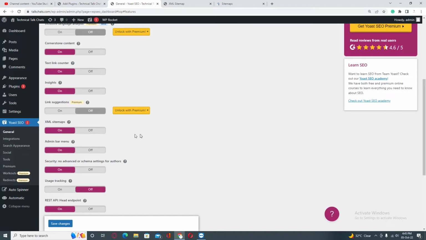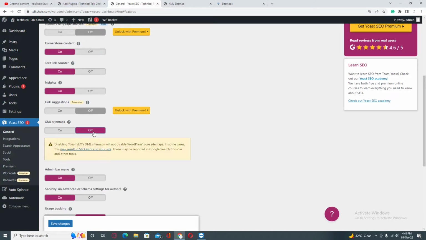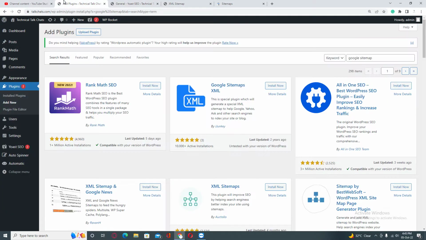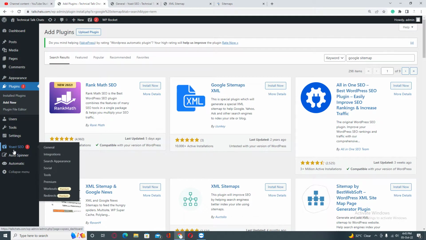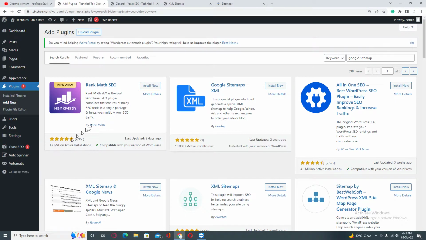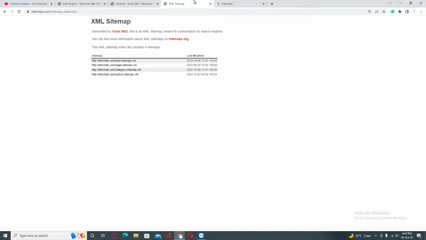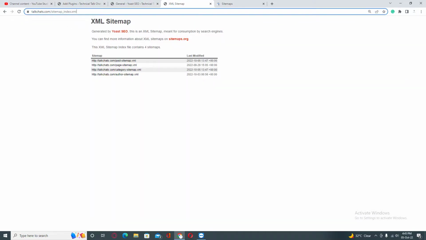So you need to disable the XML sitemap of Yoast, and go back to the plugin section and install this one. And if you are using this one already, you need to deactivate it and go back into Yoast and activate the Yoast XML sitemaps. Once you have done it, this is the URL of your Yoast XML sitemap. You need to copy this URL